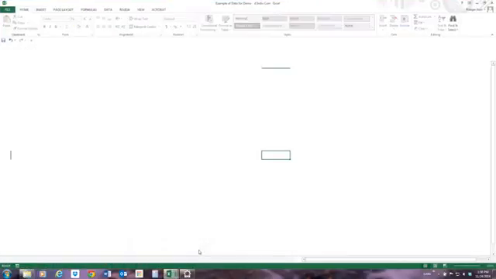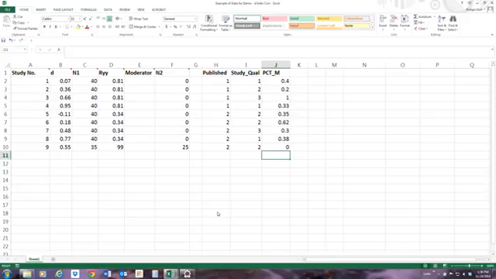So let's say that this is the data that you've created off of your coding. You've created a spreadsheet in Excel to code your studies, and so you see the study numbers, your effect sizes, and then you have sample sizes, reliability of the dependent variable, and over here a number of different moderators. One of the things that I've learned is, even though you may have set up a really good spreadsheet that contains all of your information, when you begin running the meta-analysis, you're going to have to